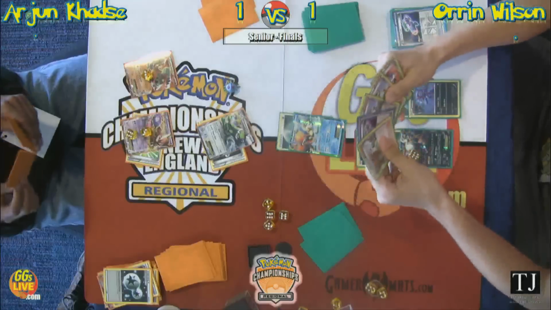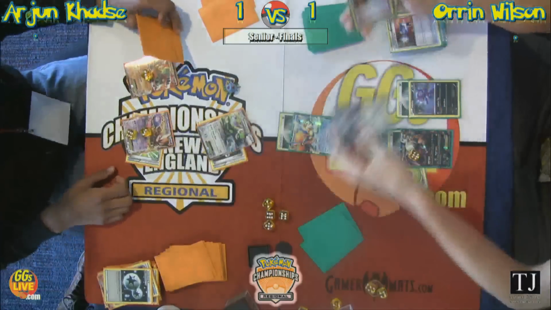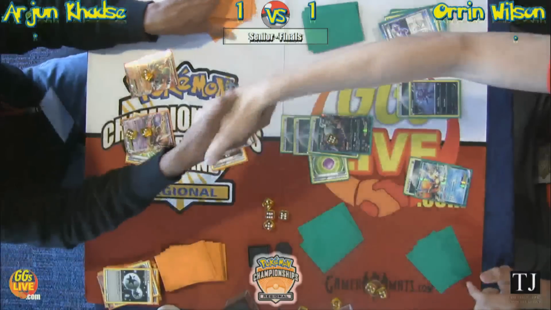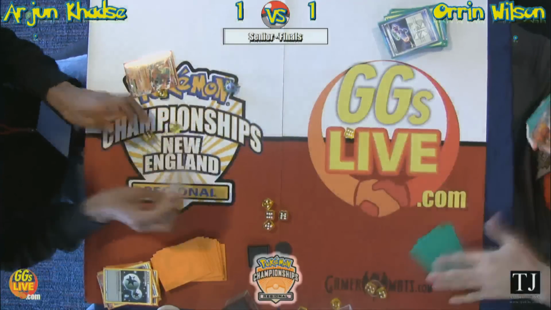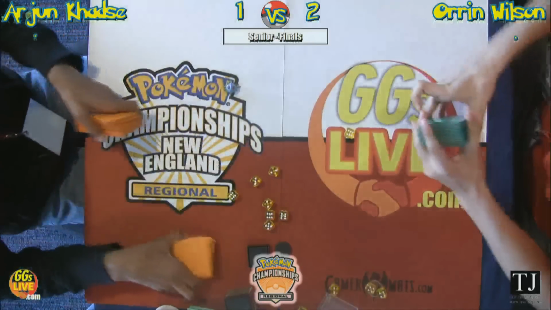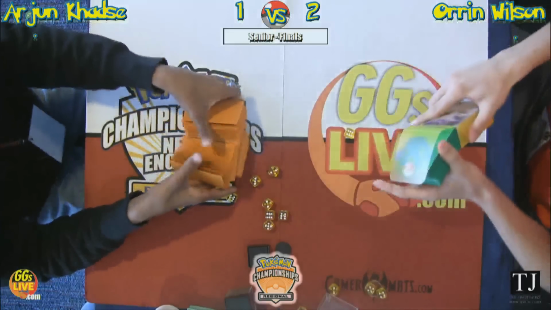All right, so he attaches free retreat, yep. Catcher Mewtwo. Laser, good laser. Signal game. Nope, not yet. Okay, now it's game. Good game. Yep. GG. So now we have our senior champion, Orrin Wilson, 2-1 over Arjun. Congratulations to Orrin. Well played to all. Now, even though for juniors and seniors, that was some pretty